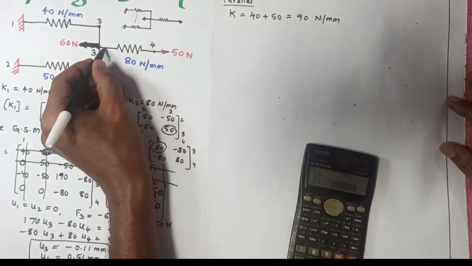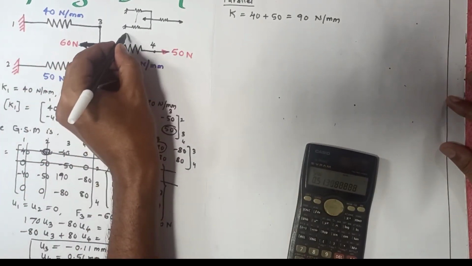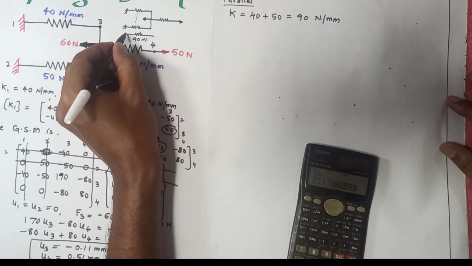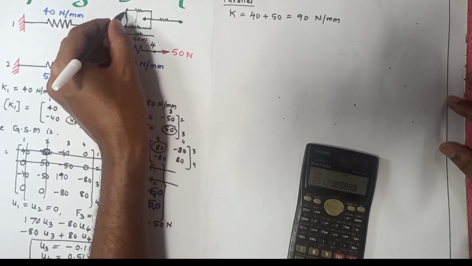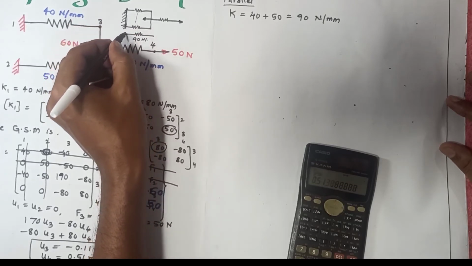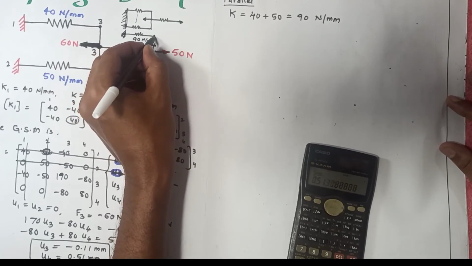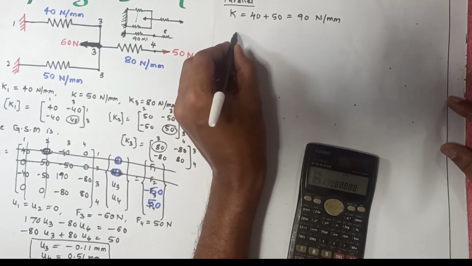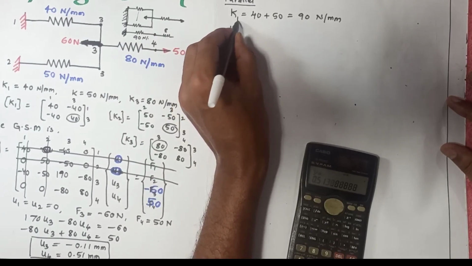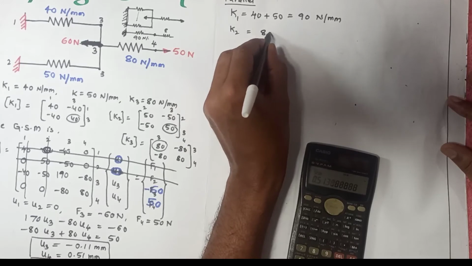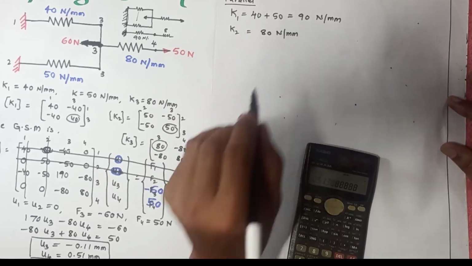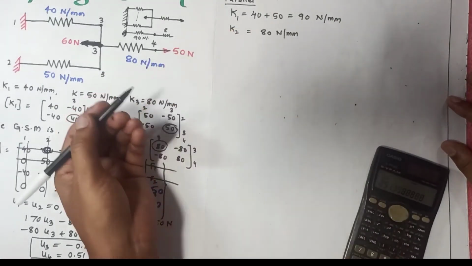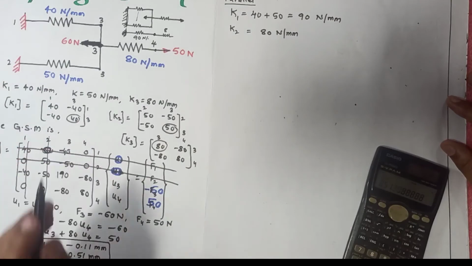Now up to here, 1 to 2, this entire part will be element 1. What is the value here? 90 Newton per millimeter. From the fixed end, these two are continuous, so it will be one element. So from the fixed end it is 90, and from here the other is given as 80. So 90 and 80. This is K1, and now the other is K2, that is 80 Newton per millimeter. Now how many elements are there? Only two elements. So for these two elements, you can go for substituting the K1 and K2 equations.